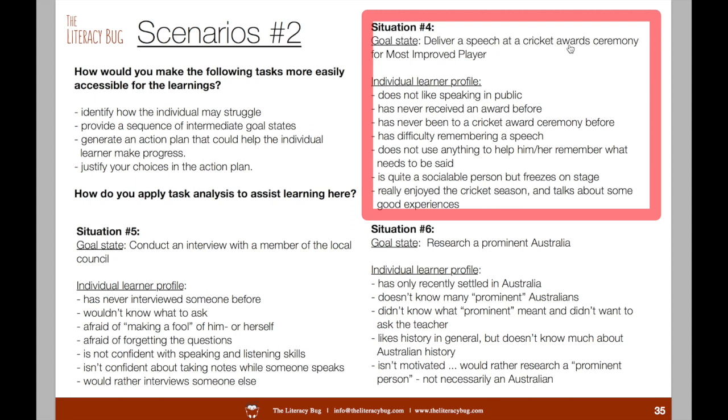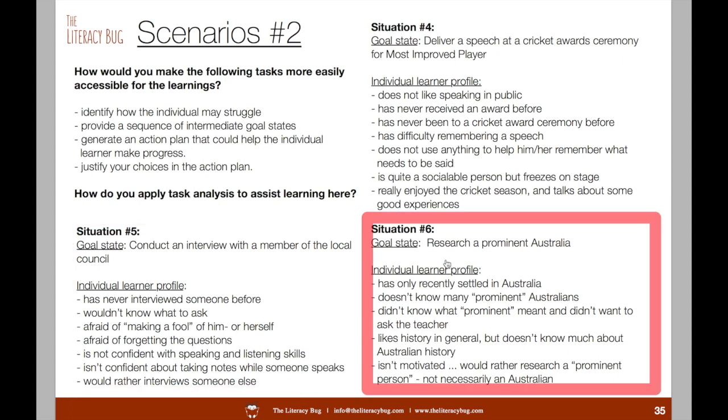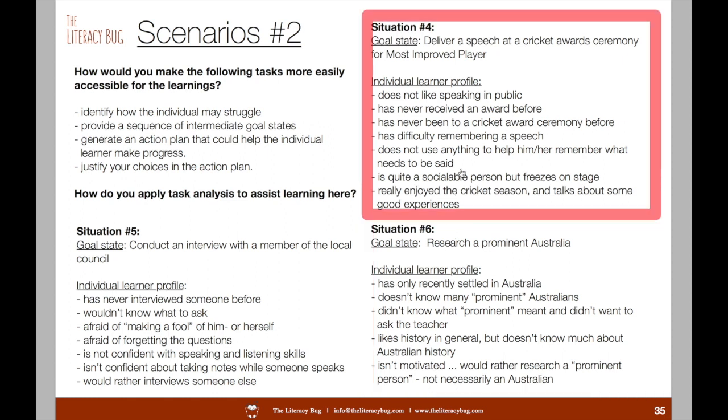So delivering a speech at a cricket awards ceremony, so both writing as well as speaking, conducting an interview with a member of a local council, so again, speaking and listening plus writing, and then researching a prominent Australian. So what I want you to do is choose one of those situations and say, how would I break up that task into stages and parts, make the stages of learning explicit for the learner, so suddenly they've got a